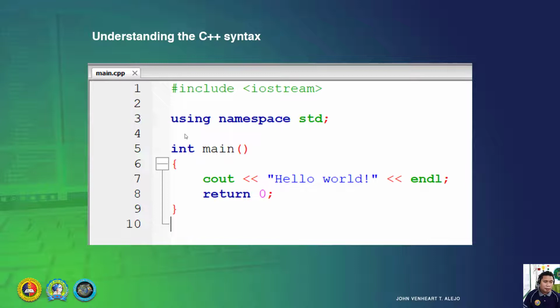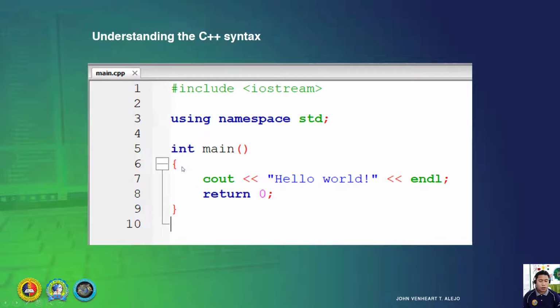The compiler detects that there is a main function, so it automatically calls it and runs it. If there is a main function in C++, it will load, call, and run. So everything inside the left and right braces will execute. Pagtawag nimo ni main, everything in here from left to right will execute.